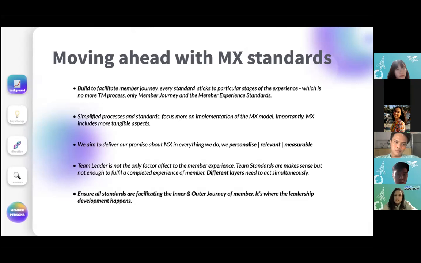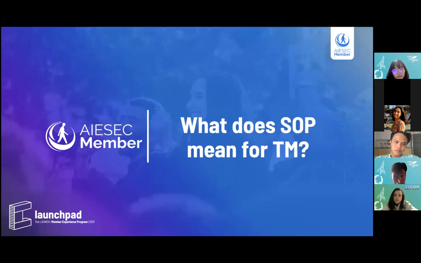Now that we have understood the history, let's understand with each other, what does SOP mean for TM? According to you, I want to ask you, what do you think SOP would mean for TM? Some of us have also been in operational backgrounds, right? And we have seen operational SOPs. But according to you, when we say that SOP is going to be there for TM, how do you think it is going to be, or how does it look like? Let's hear some answers. You can either unmute and speak to me, or you can also put it in the chat box. But I would love to hear your voice.